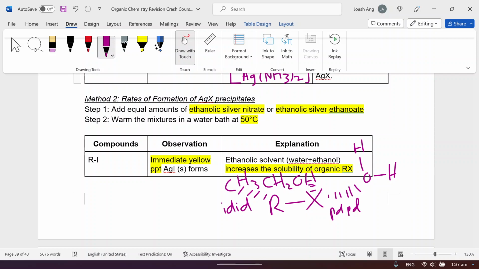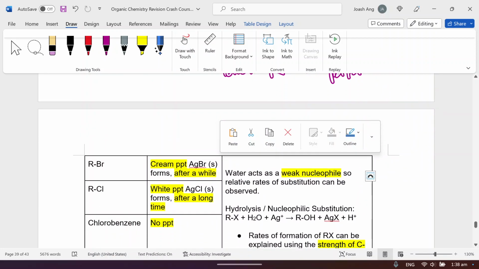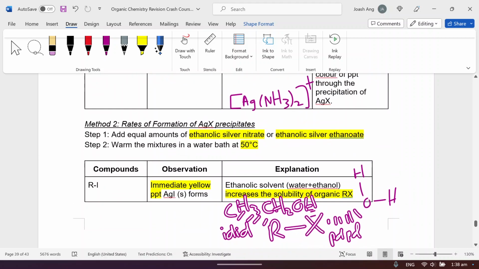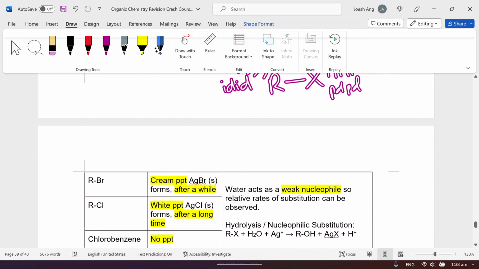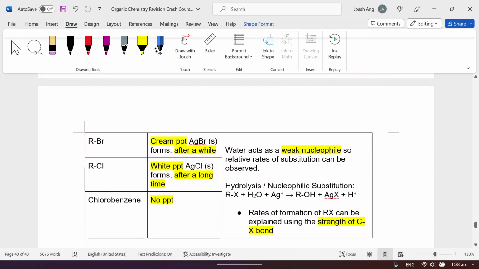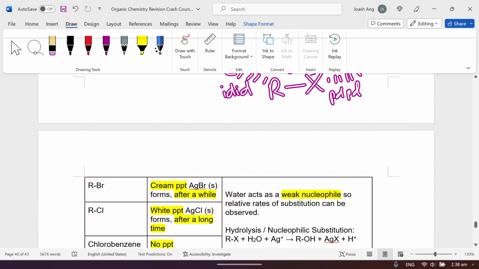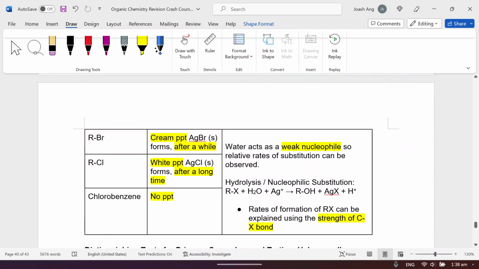Okay, so because of the formation of these forces of attraction, it compensates and is enough to break the strong hydrogen bonds between the ethanol molecules and the water molecules. Water acts as a weak nucleophile so that the relative rates of substitution can be easily observed. Okay, so that is why we have an ethanolic solvent. So just take note, the rate of formation of RX can be explained using the strength of the C-X